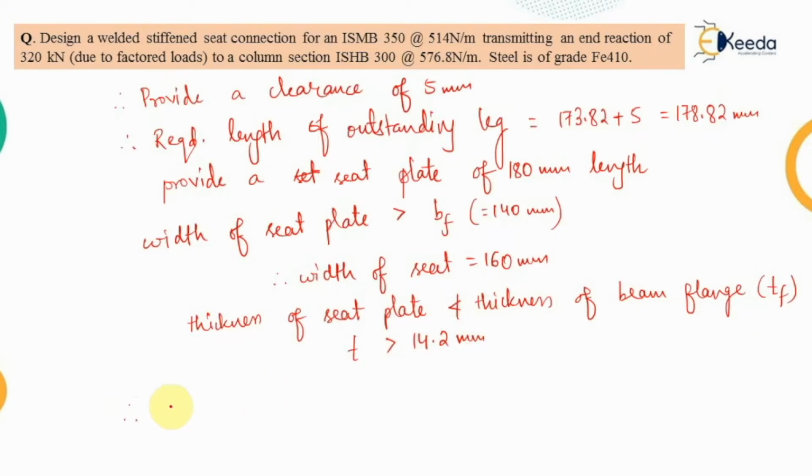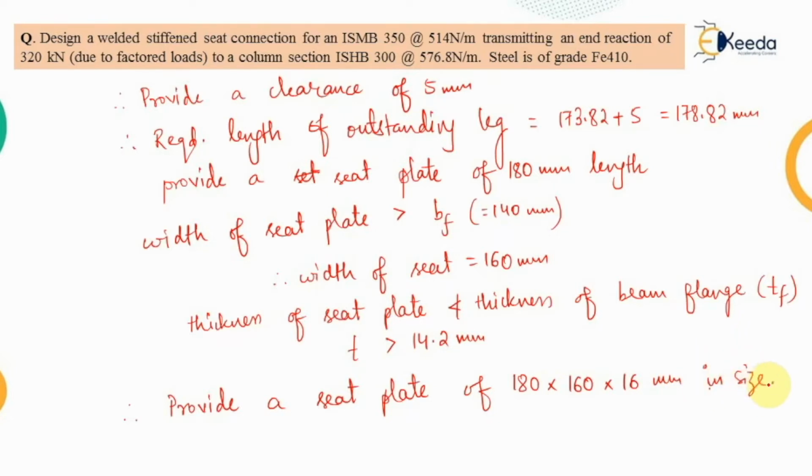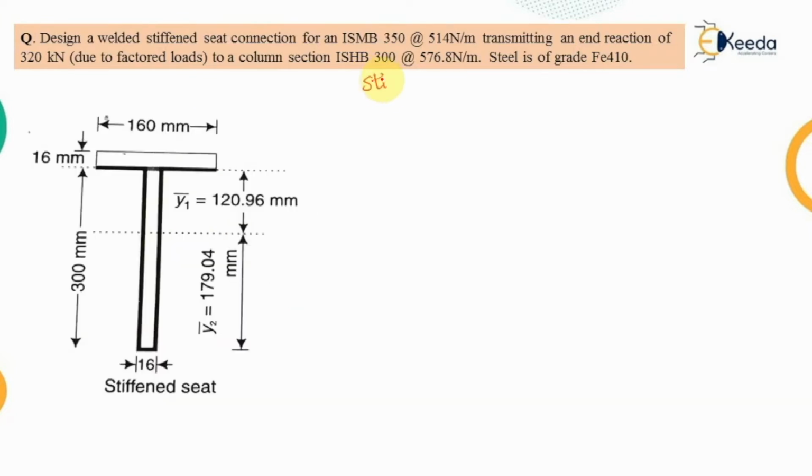Therefore we will provide a seat plate of 180, that was the length, 160, that was the width, and the thickness is 16 that we have taken. Therefore we will provide a seat plate of 180 by 160 by 16 millimeter in size, and that is the seat plate design. Now we will choose the suitable stiffening plate. Now for the stiffening plate,